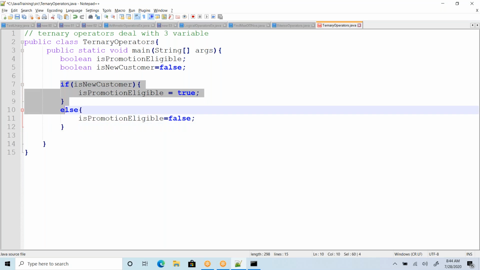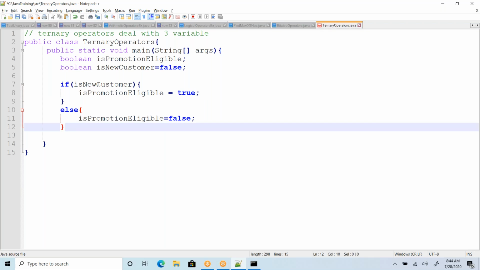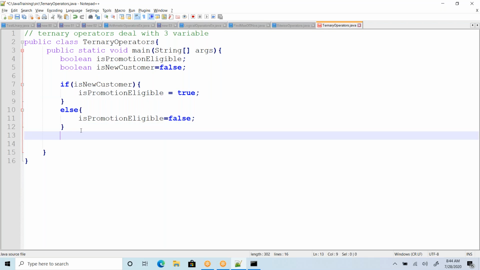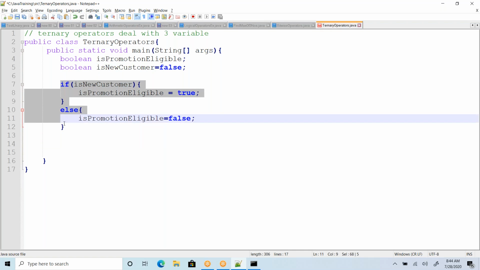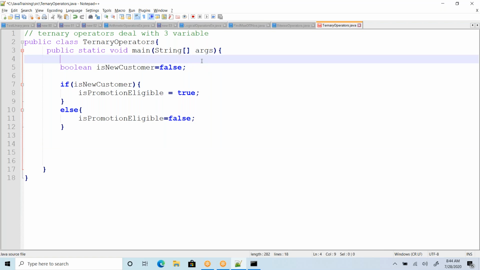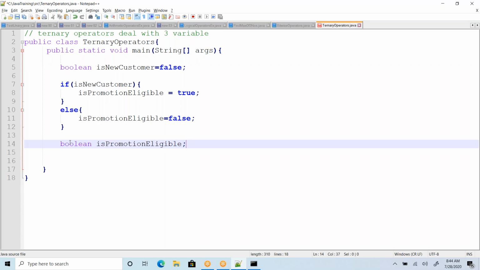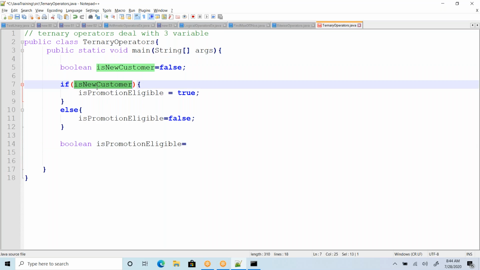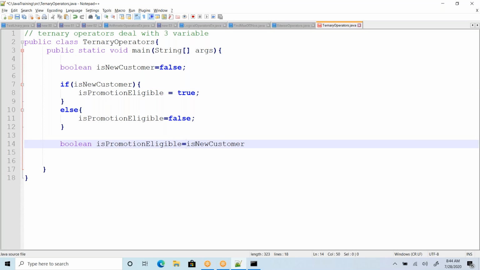These if and else are conditional statements. If is new customer, then do this, otherwise do this. Instead of writing this elaborately, we can write it in a short way. While initializing, in a single line, I can depend on the flag is new customer, then a question mark.